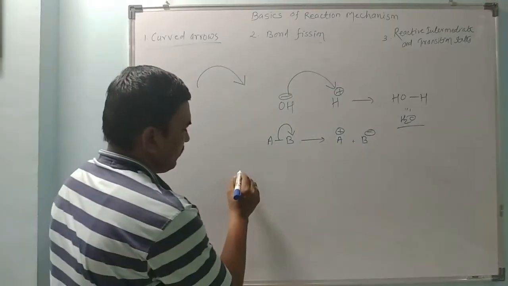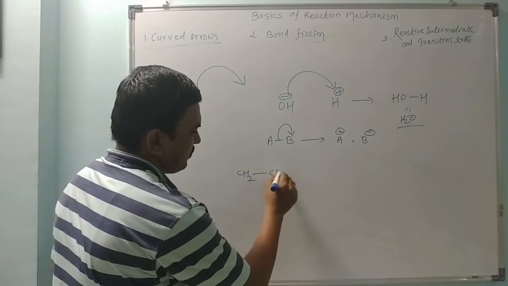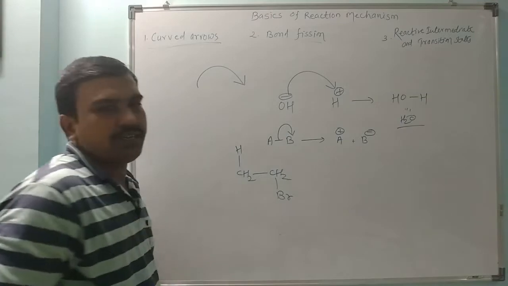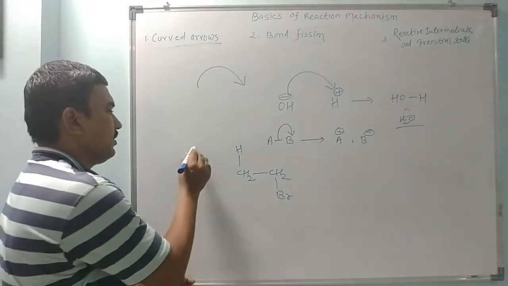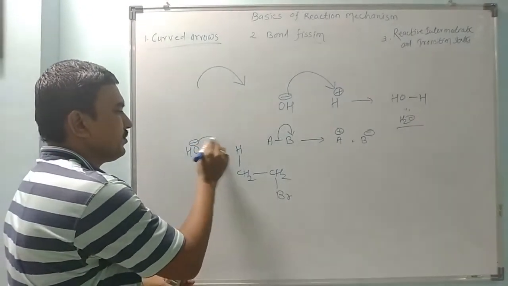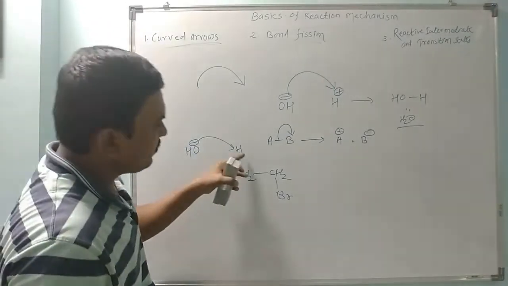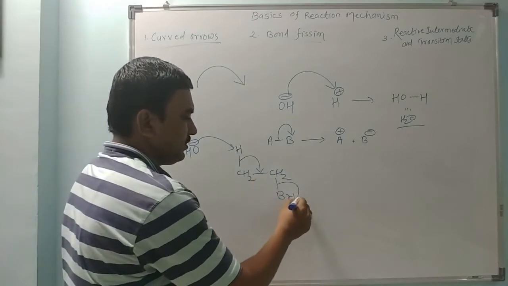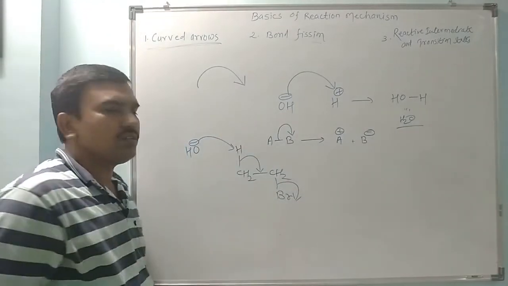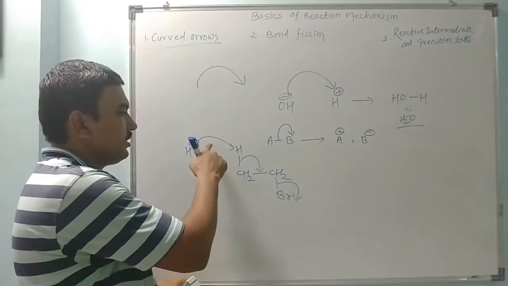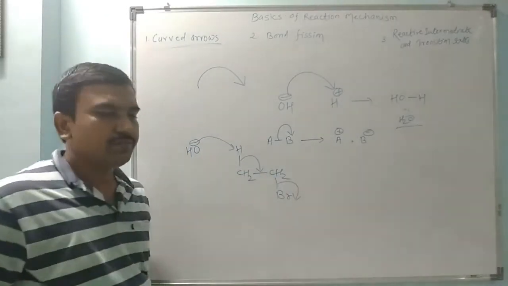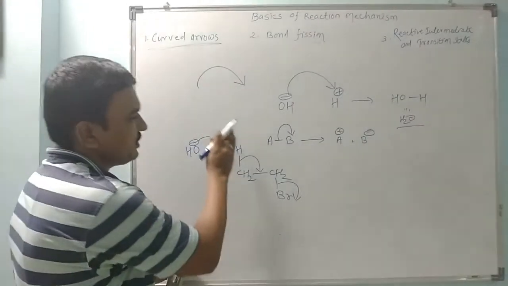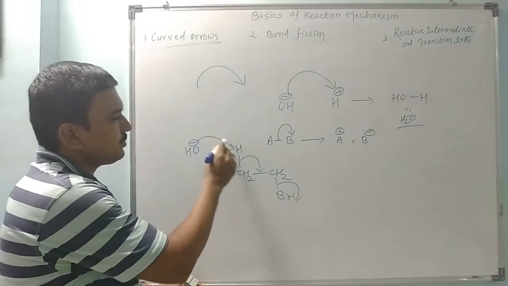When we show the curved arrows in the beta elimination reaction of ethyl bromide, when OH minus ion attacks on beta hydrogen, this bond shifts here, and this Br departs. So during this conversion, I have shown here three arrows: arrow 1, arrow 2 and arrow 3. This OH minus ion accepts this proton by transferring this curved arrow here. This electron pair is transferred here.